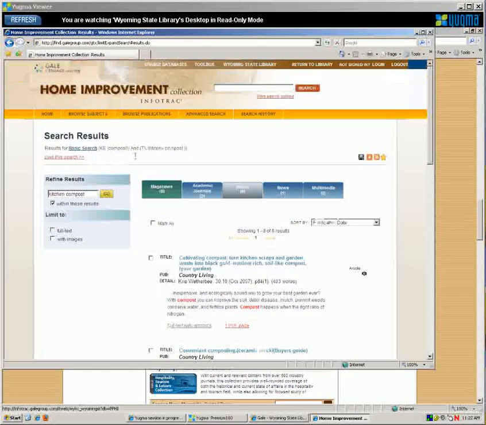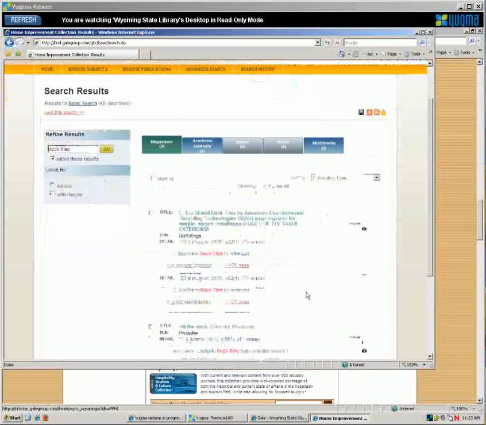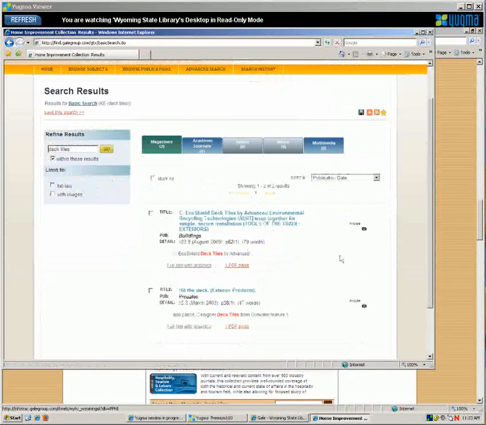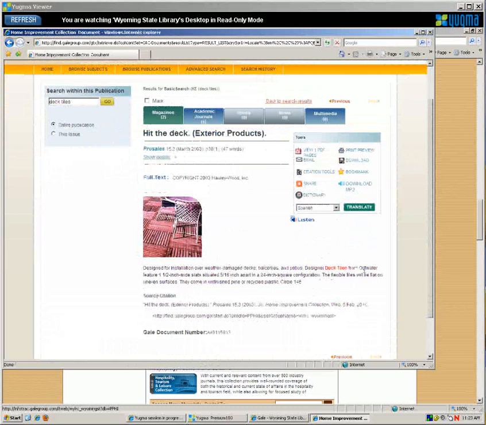To go back out and do a new search, I just click on the Home on the top left along the orange stripe there. We could do something like electrical code if you were working with somebody, a contractor, for example. I can put in, for example, deck tiles and get specific names of companies. So in addition to how-tos within this, I can look up specific products. So here's a deck tile that you can use, and it tells me who makes it and what the sizes are. So a little more information for that